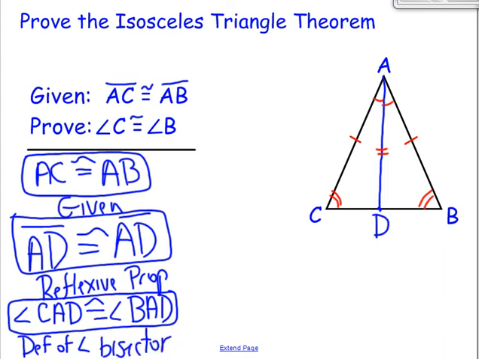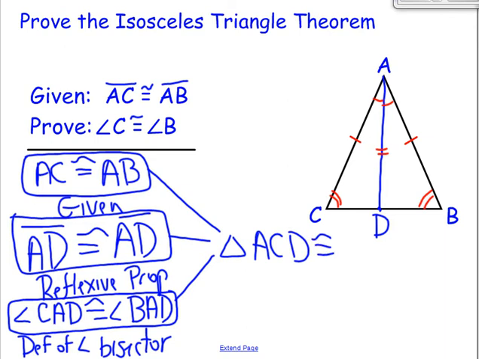Okay, so what do I have now? Well, now I have two congruent sides and a congruent angle. I can bring those three bits of information together, and that's enough to prove that triangle ACD